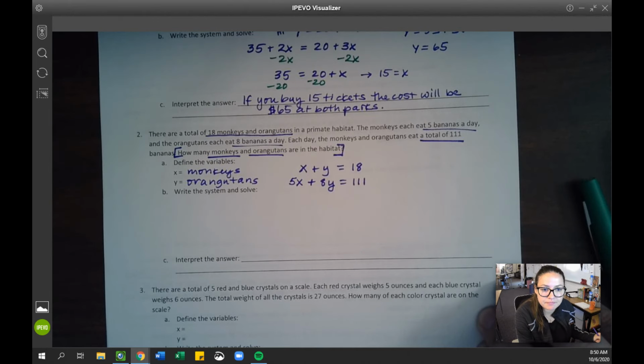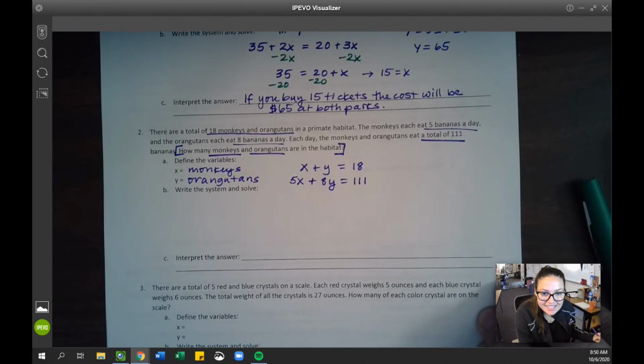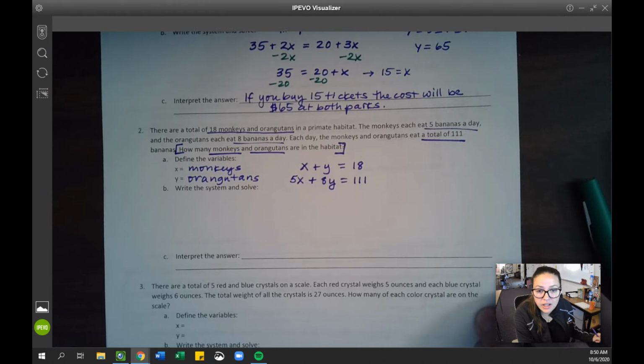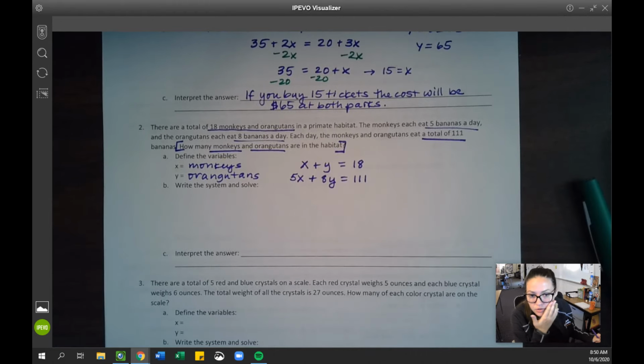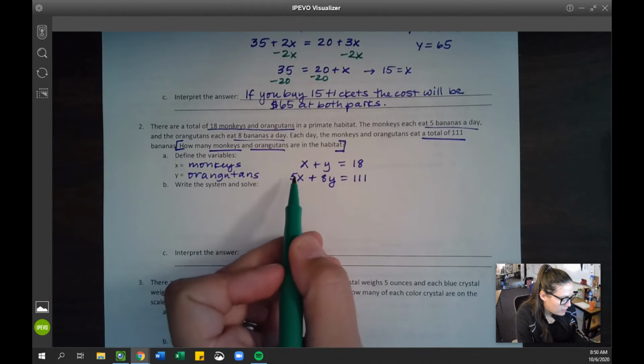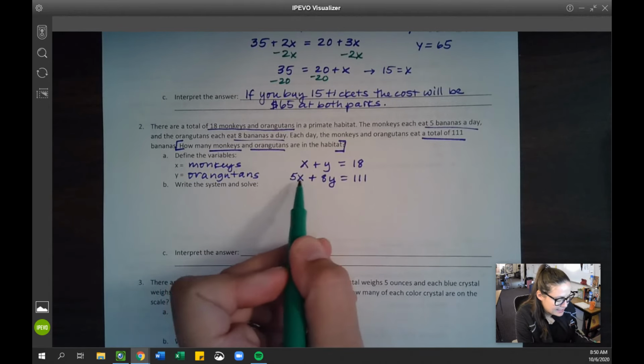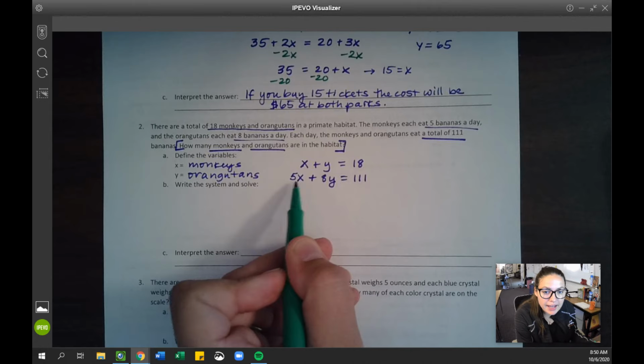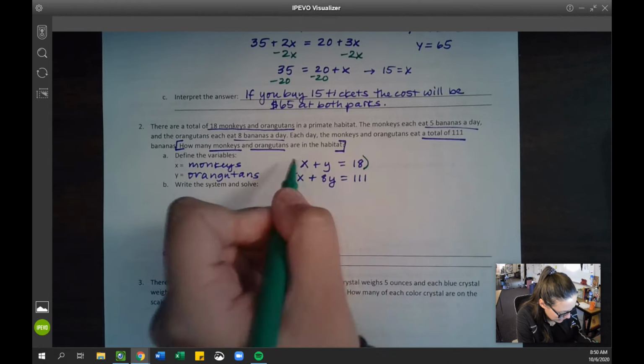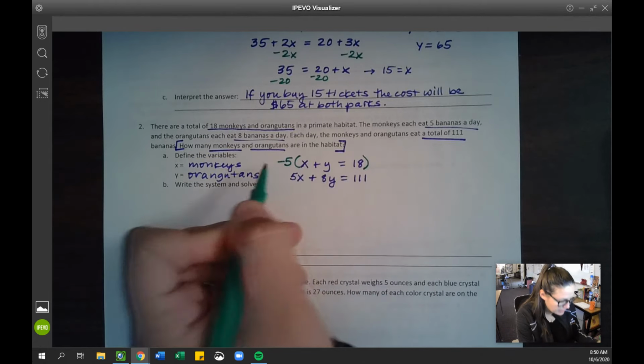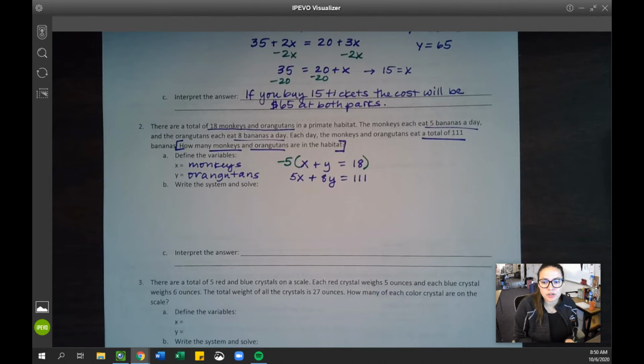And that's our system. Now, this system is set up for elimination. Well, I guess you could do elimination or substitution. I'm going to do elimination just for fun. Now, let's say I want to eliminate the x's. To get rid of the x, I could do a 5x and a negative 5x. So I'm going to multiply that first equation by negative 5,